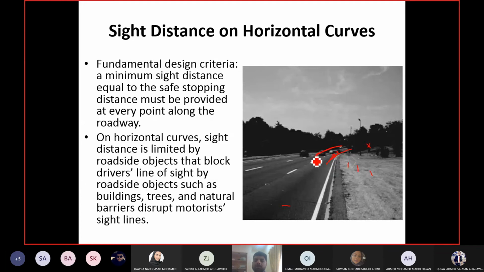With bigger radius, obviously you have more sight distance, and the driving is easier. With a sharper radius, driving is more critical, it is more dangerous. So sight distance is always checked for the inside lane. The calculations for sight distance are done for the inside lane, and everything is measured from the center line of the inside lane, not the road. So, center line of the inside lane.